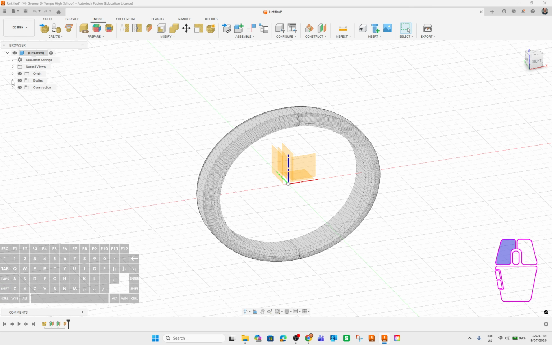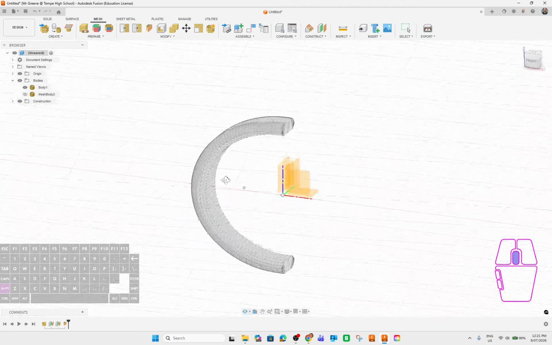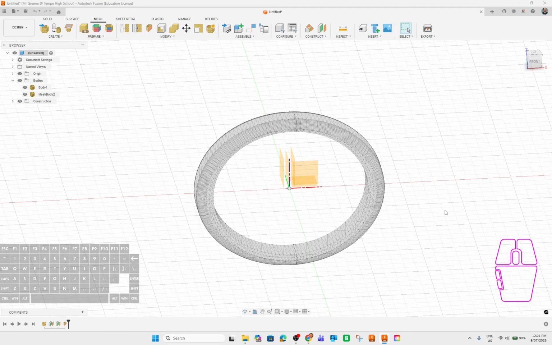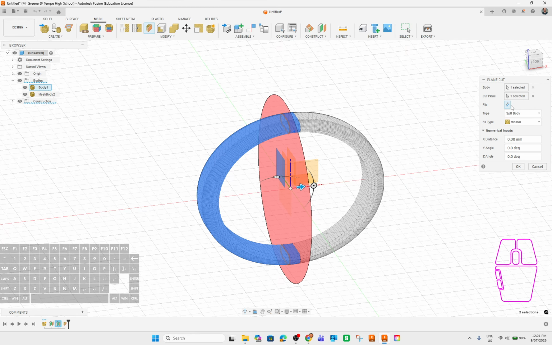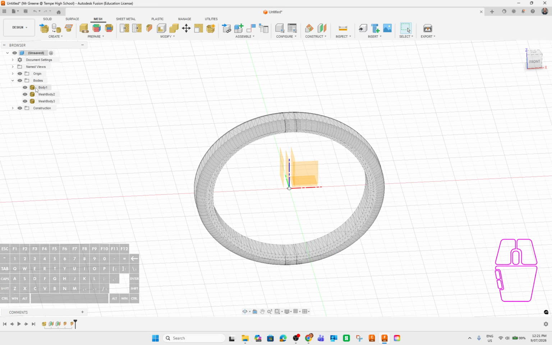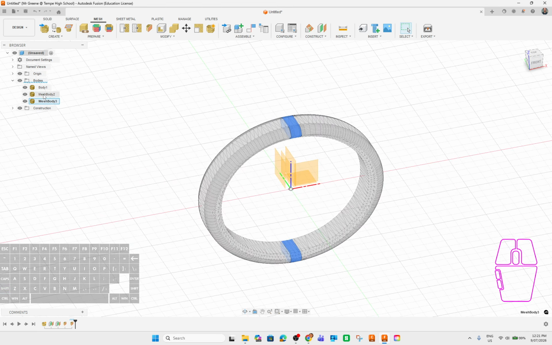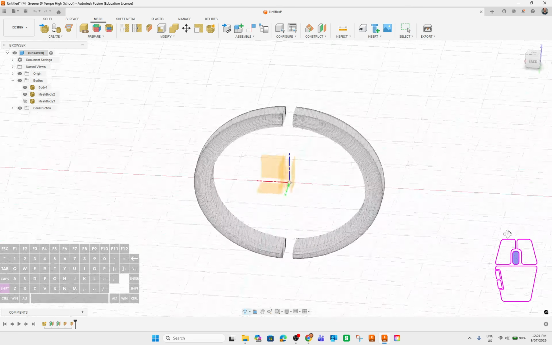So what we have here now is where there was one mesh body, we've now got two. Okay. So you can see that all tidied up there at the end as well. So I'll do that, and I'm going to do that a second time for the second plane. Same process, select the body that I want to cut, select the plane that I want to use to cut with. It should remember all your settings from the previous cut, and you just go OK. So now I've got three bodies, top and bottom there, and then these two. So what I'm going to do here is just turn off the view of this,